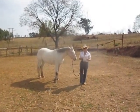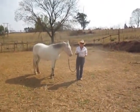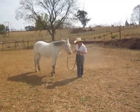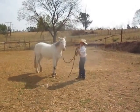So if your horse feels worried, you now have a tool to help your horse calm down and focus on you so you can give them another request. So we can back up, move the